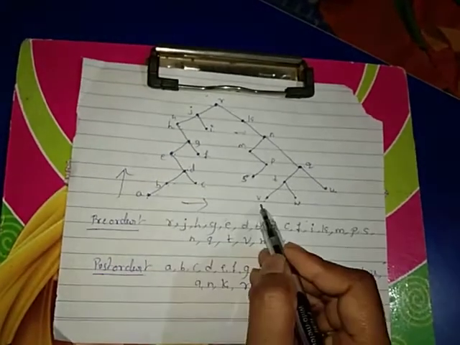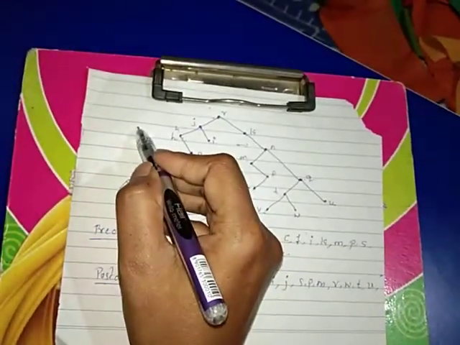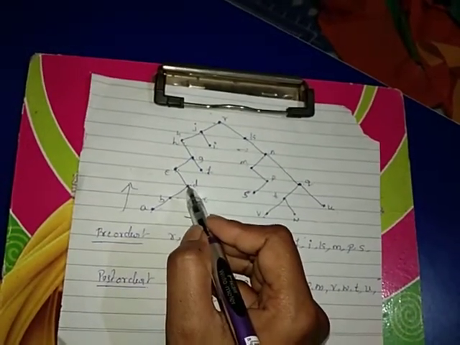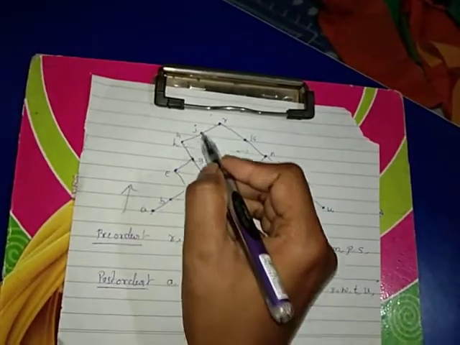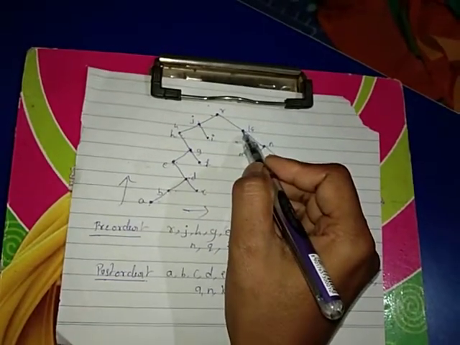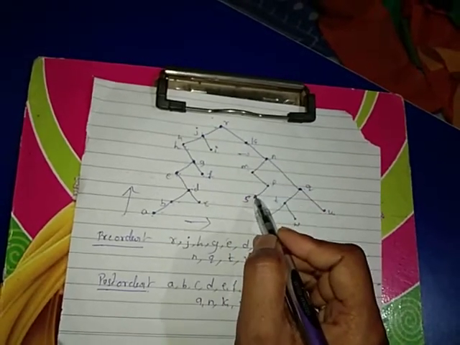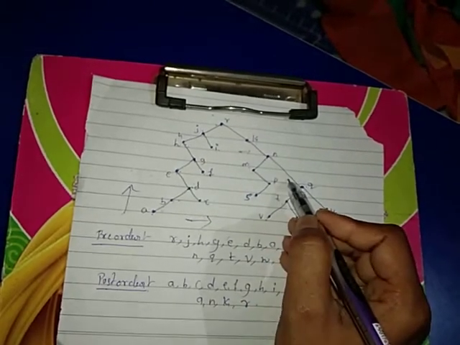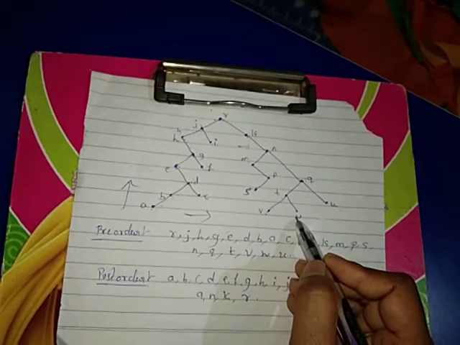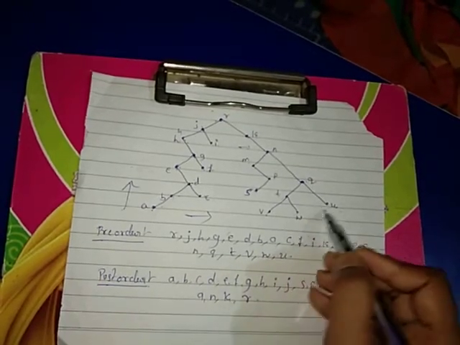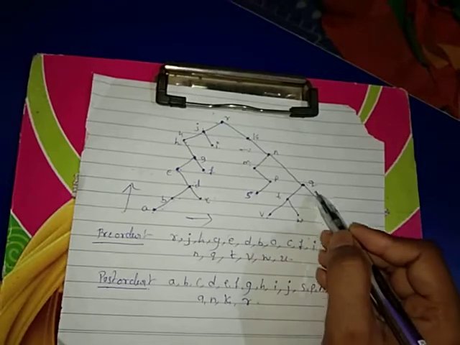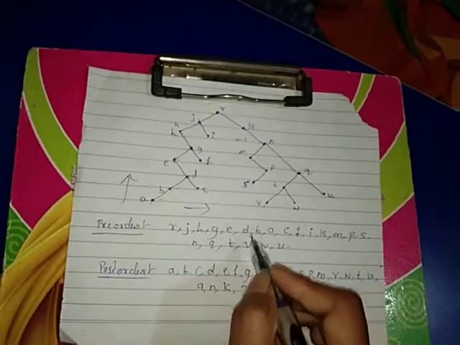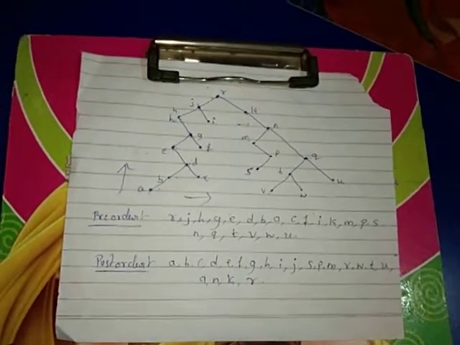We have to move from left to right and then down to up. So as we move to the left, A, B, C, and then D, E, F, G, H, I, J, and then we get here. In this way, the leftmost, most down and left side, S, P, M. Again in this direction, most left, most downwards in the left side, that is V, W, T, U, Q, N, K, R. In that manner, we have to write down the pre-order and post-order traversal.